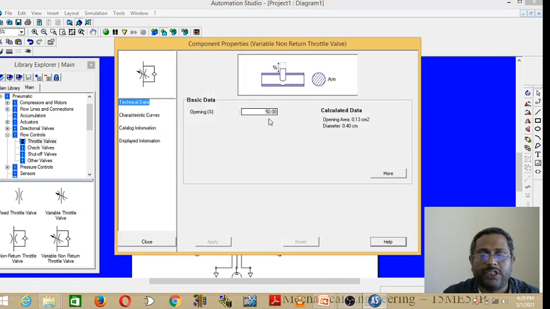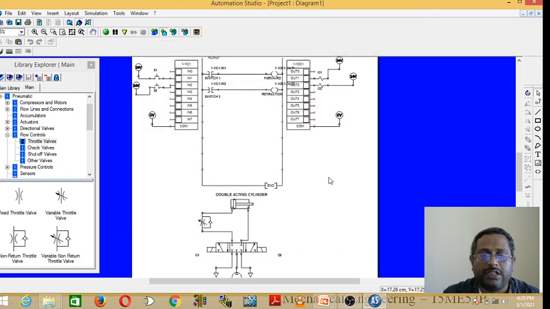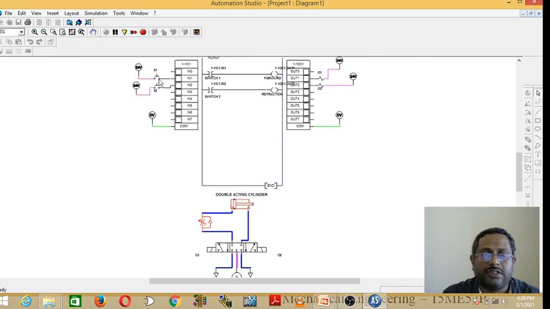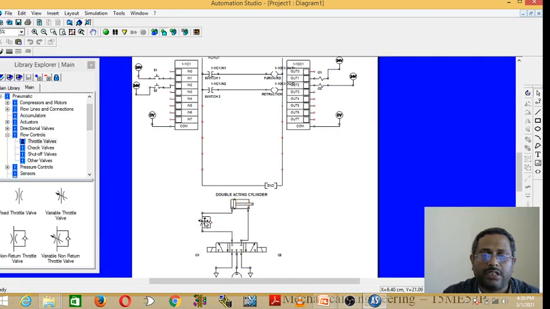Now the opening is 50%. I will check here. When you simulate this and press, the piston will move fast and it will retract back. You have to control the forward speed. Here it is moving forward at high speed, and you have to control it. Next, to reduce the speed, you have to stop and double click on this valve